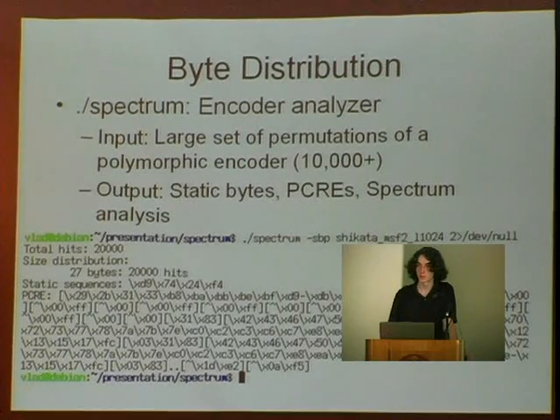To restate that, if you have a large enough set, the first byte of all of those encoders is the only byte that is going to happen for the first byte, and the second byte of all of those encoders is the only second byte that is going to happen. So what can you output if you have this large set of permutations? Well, you can output the static bytes occurring in every single encoder, because,